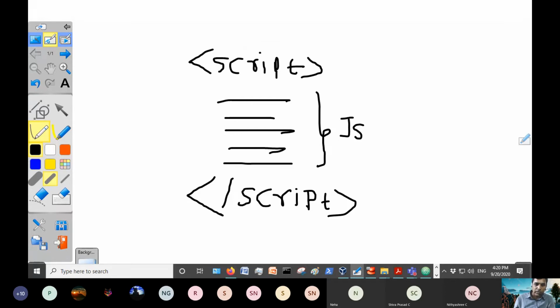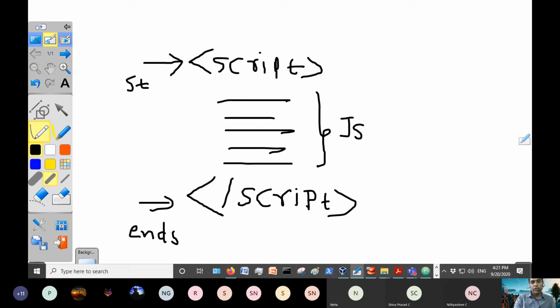The Apache server sends this 2.html file to the browser. The browser will identify that the JavaScript code starts from here and ends here. Anything between the script tags is your JavaScript program. So this is the point; easily you can find it out.